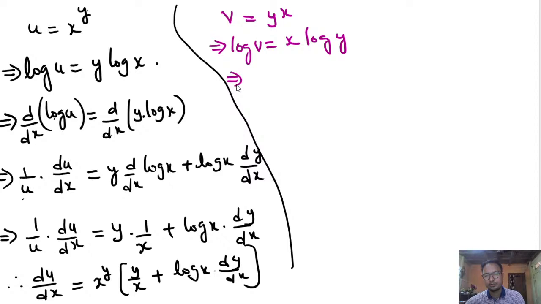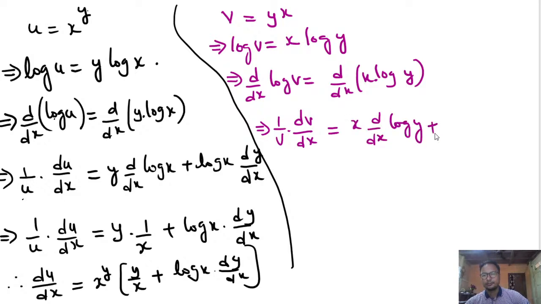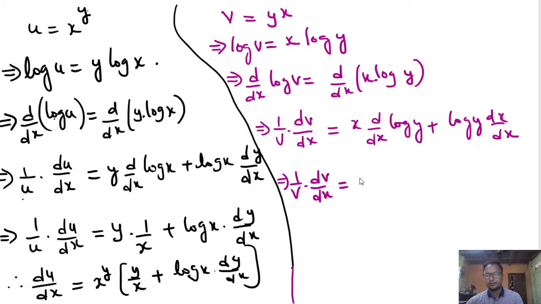Now differentiate: 1 by v dv by dx equals the derivative of a product of two functions. For a product, keep the first function, differentiate the second, then keep the second and differentiate the first. So 1 by v dv by dx equals x